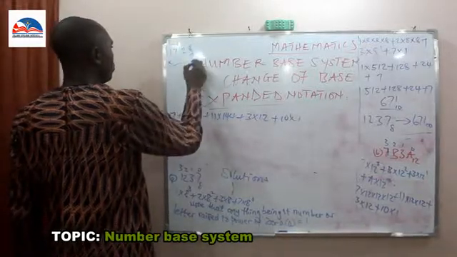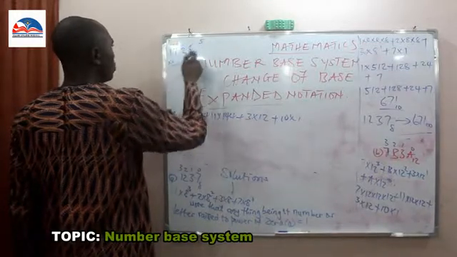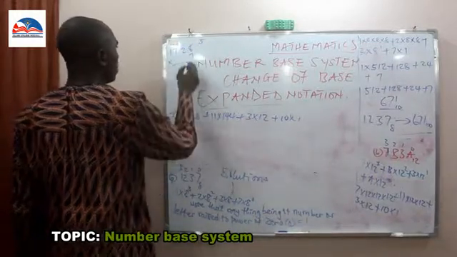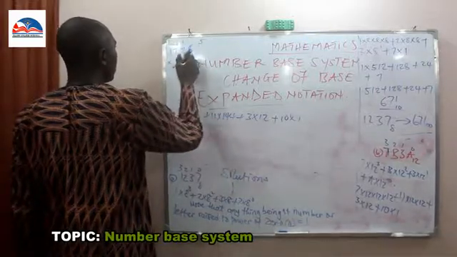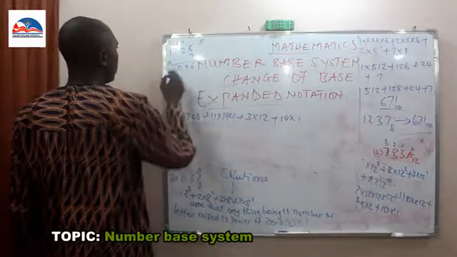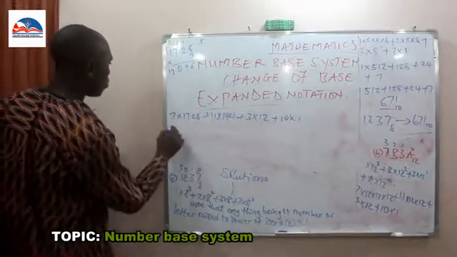7 times 8 will give you 56, you carry 5. 7 times 2, 14. 14 plus 5 will give us 19, you carry 1. 7 times 7, 49 plus 1, 50, you carry 5. 7 times 1, 7 plus 5, that will be 12. So it gives us